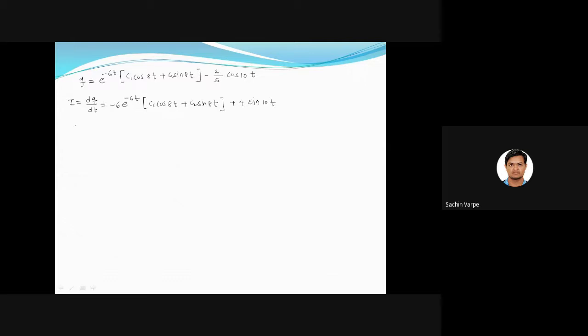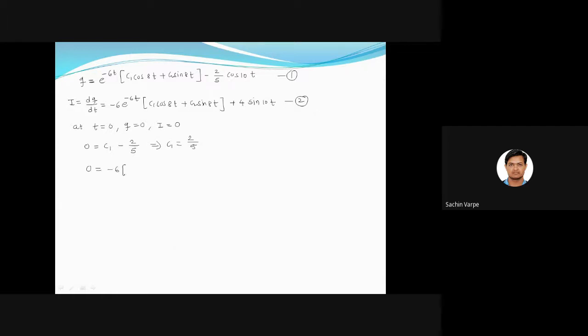And now at t equal to 0, initially the charge is given to be 0 as well as the current is also 0, and therefore these two expressions become 0 equals C1 minus 2 by 5, right? So that implies C1 equals 2 by 5. From here we got the value of C1. And what about C2? We can even substitute this C1 value into q itself to get the value of C2. But anyways, from the current at t equal to 0, 0 equals